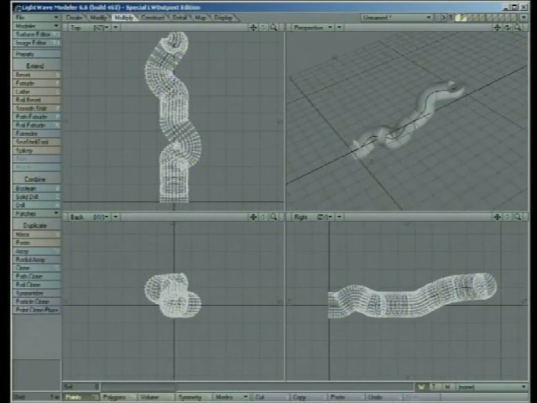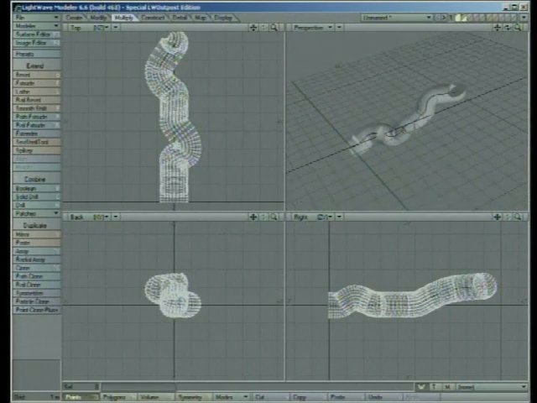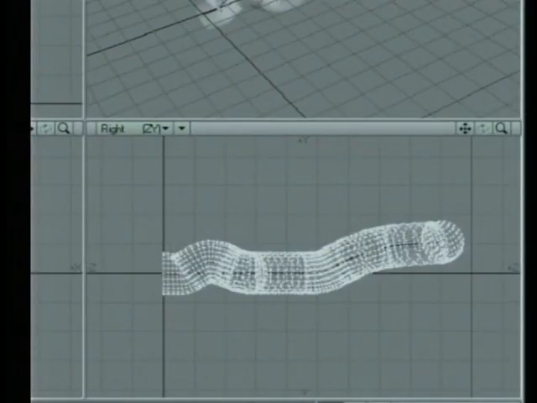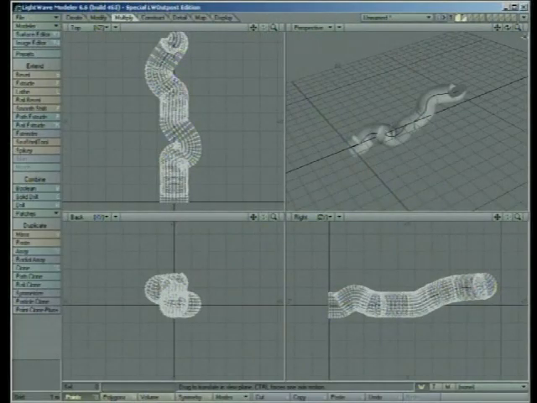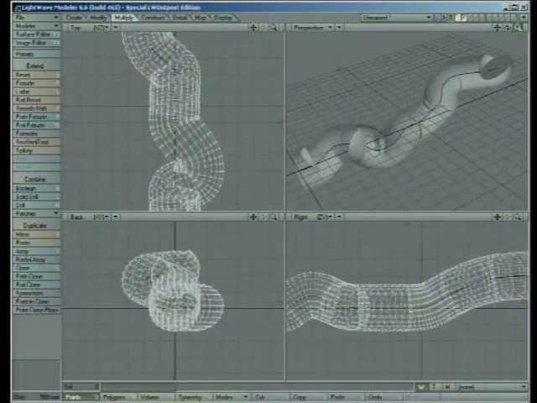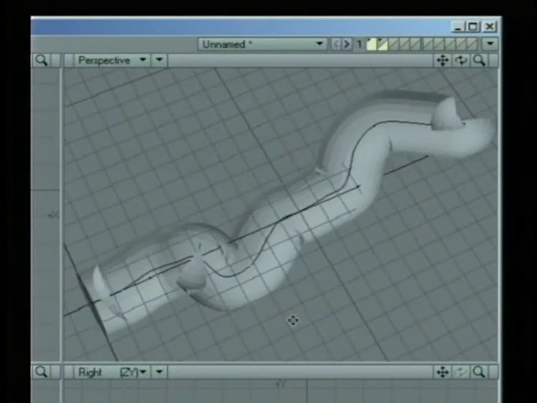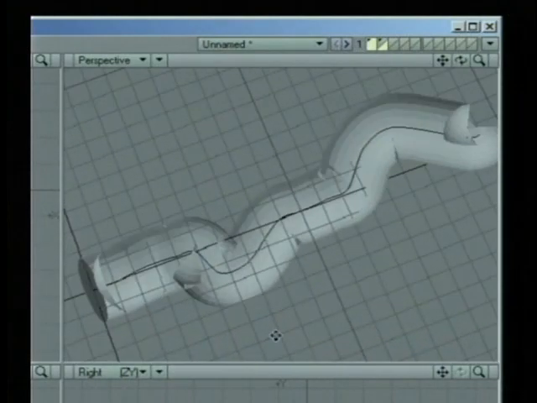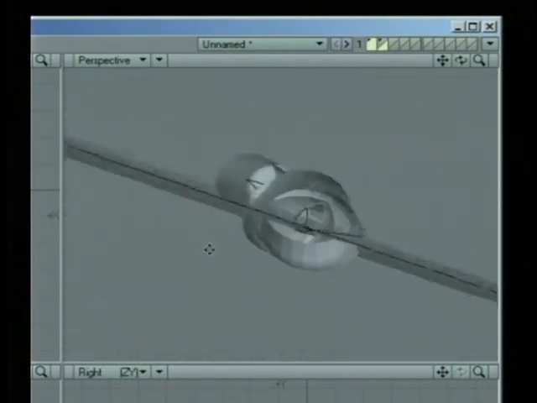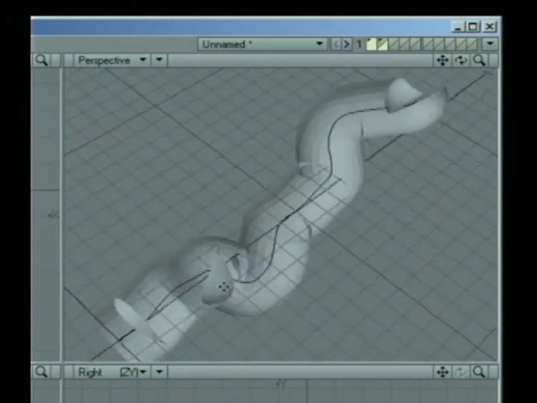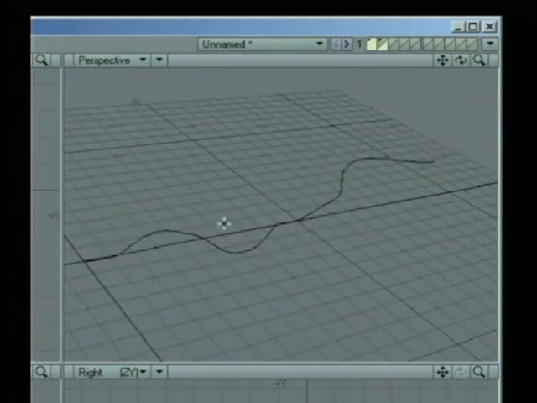Shebang. Now you can see what's happened here is it took my disc and started basically extruding that disc with multiple segments around the rail that I drew out. And I'm going to zoom into the perspective view here, and you can see that we can actually see into the inside of this object here, and that's kind of wacky, and that was all based on the way the surface normal was facing in the disc object when it was first created. So if I undo this